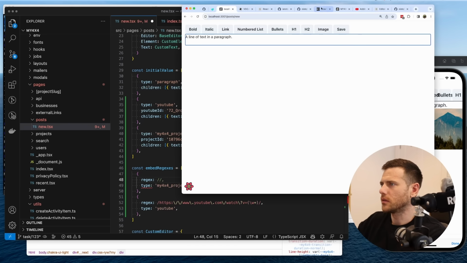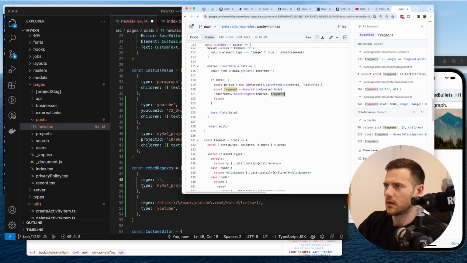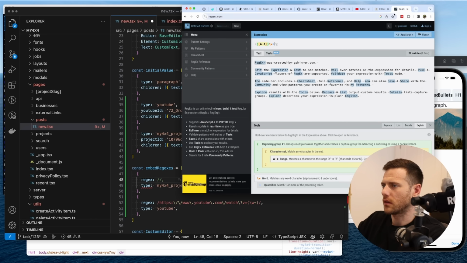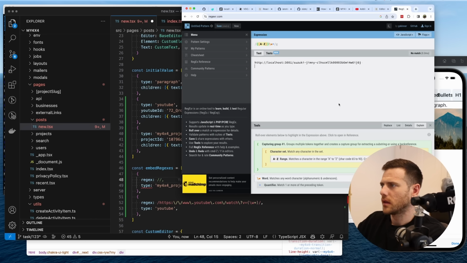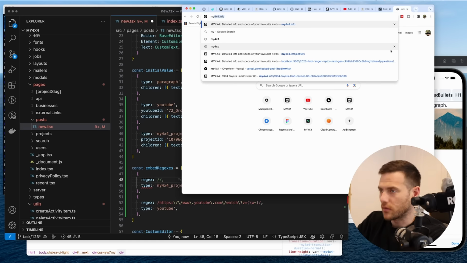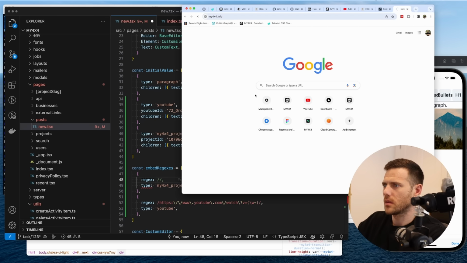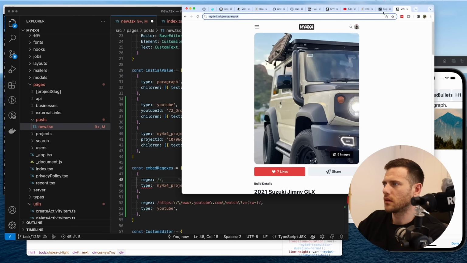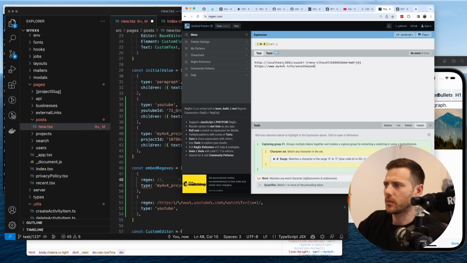So let's jump into our regexer. And let's grab valid projects. So this is a URL for a project. That's one. And then also the equivalent could be, so if we actually go to my 4x4, we'll have this as well. So these are both valid. So what we want to look for is